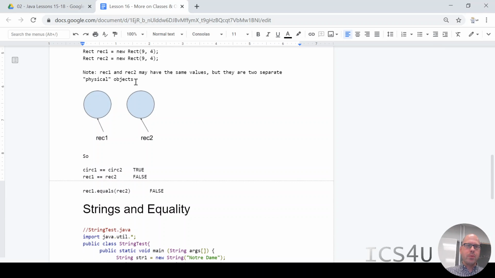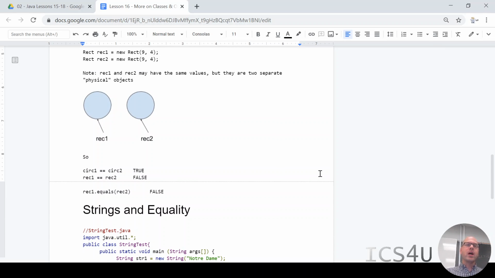Okay, new example. Rectangles now. We've got two rectangles, rect1 and rect2. If you remember back to the class that we created yesterday, it's the rectangle class, the same one as yesterday, with length and width. So length is 9, width is 4. In our first line, we are creating rect1, a new rectangle object with a length of 9 and a width of 4. Then in line 2, we create a new rectangle object called rect2 with